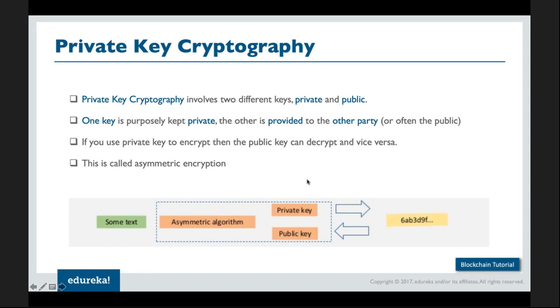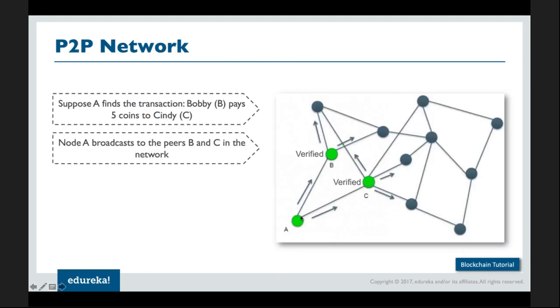The next technology is peer-to-peer network. So basically, the way blockchain works is that every transaction, once it's initiated, is broadcasted to every other node within the network, and that broadcast takes place by initiating the transaction and pushing it to the nodes nearest to you. So in this case, A initiates a transaction, and he pushes the transaction to B and C, which are the